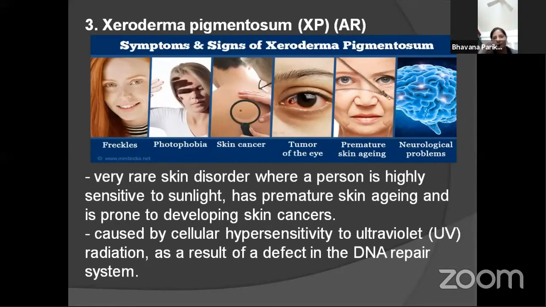Xeroderma pigmentosum and a lot of birth nevi, I mean the benign nevi, are precursors for malignant melanomas. Xeroderma pigmentosum is one of the riskiest pre-malignant conditions, which has a lot of mutations in XP genes. XP has a lot of subtypes like XPA, XPB, C, D, E, F. I have even seen one patient with xeroderma pigmentosum as a pre-malignant condition, and then she developed malignant melanoma all over the body. Almost all the parts of the body were affected by malignant melanoma.